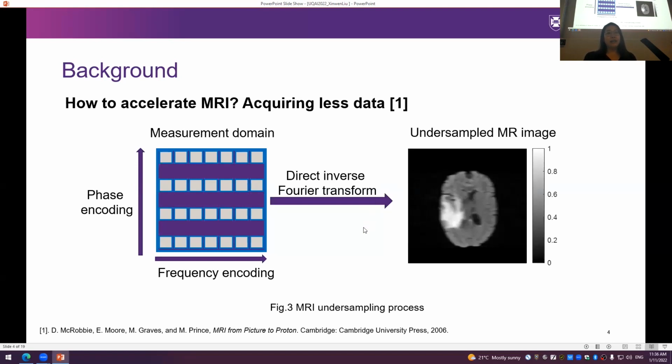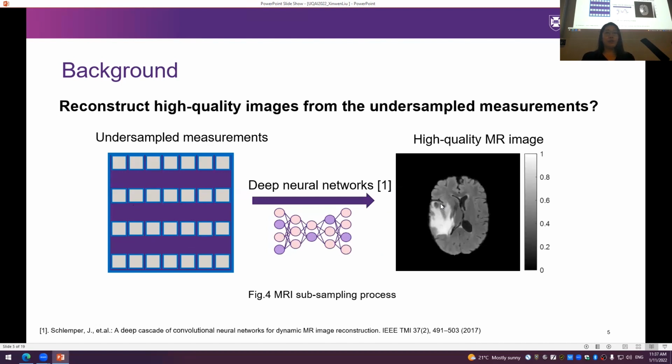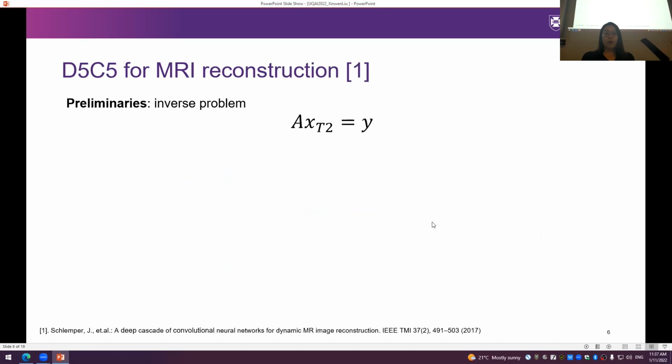But the problem is that after the acceleration or the subsampling, if we just directly take the inverse Fourier transform, the image is going to be really blurry like this one, and we cannot use it to do the diagnosis. And there have been many works on solving this problem, which means if we have some undersampled measurement, can we use deep neural networks to reconstruct the high quality images? So one popular work is the